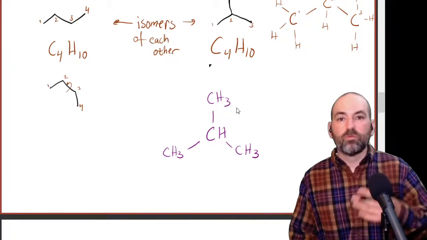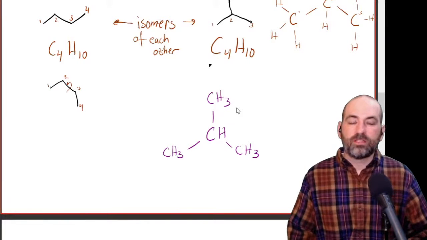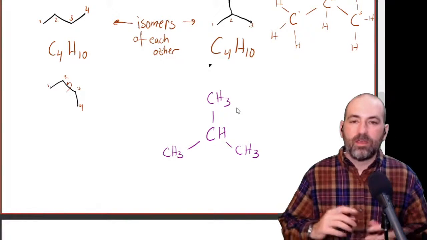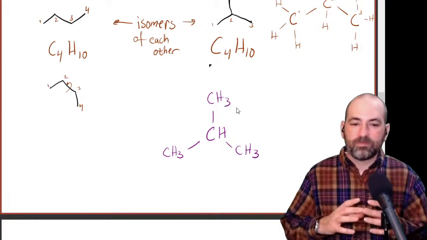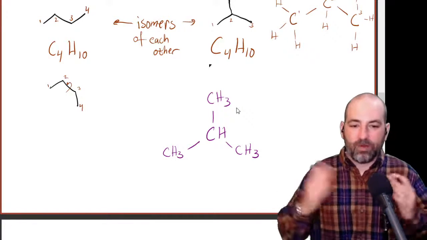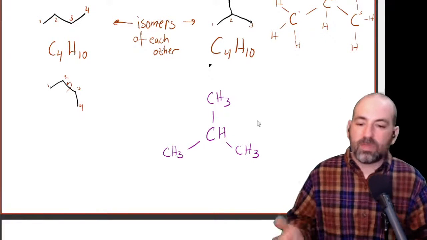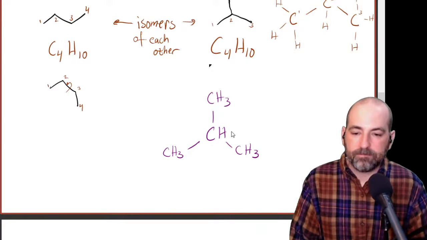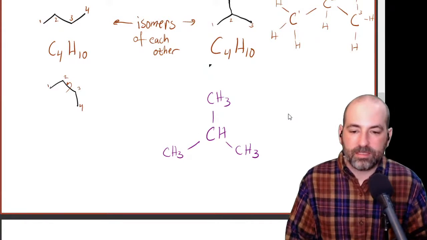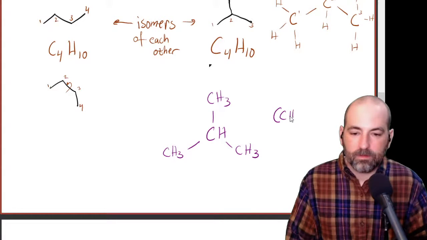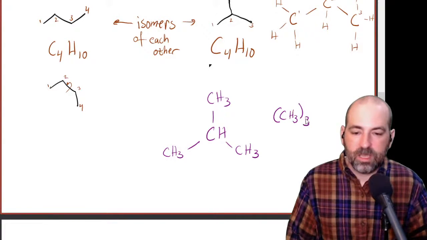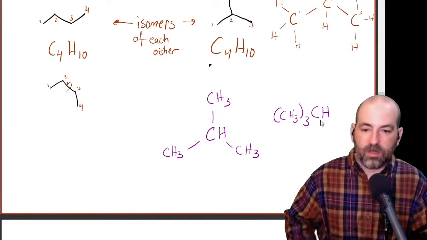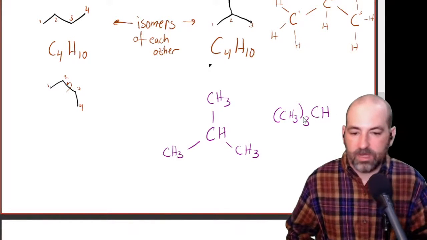Now let's say, all right, you really want to type this out on a computer, like you're writing about this compound and you want to put it in line. You don't want to have to branch stuff out. Well, you can actually do that too. You can use parentheses. So when we talk about this compound, we could write it as (CH3)3CH, meaning three CH3s all connected to that CH.